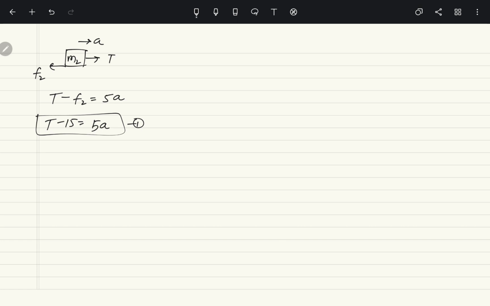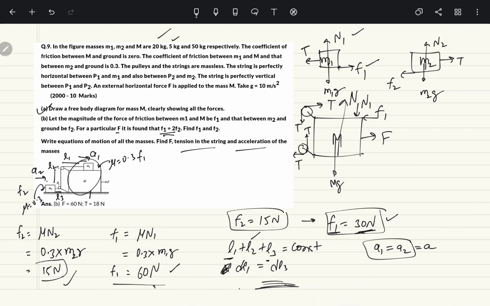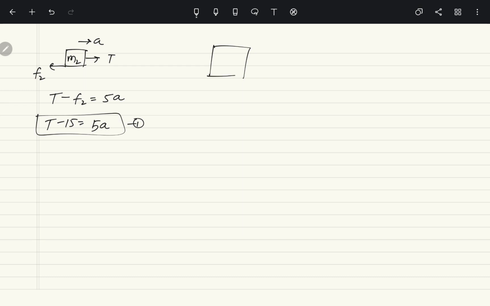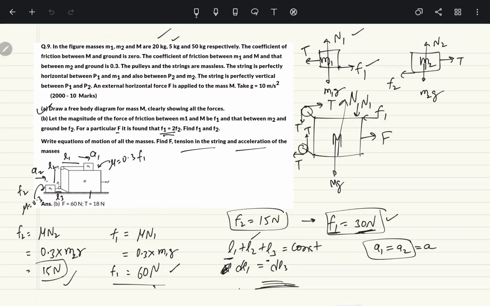Now the second equation. Here the system M1 plus capital M are moving together with acceleration a. So both the blocks, M1 plus capital M, are moving together, and there's a force F on the system. The friction will be an internal force. So this is the system, and these two tensions are also internal forces, this one and